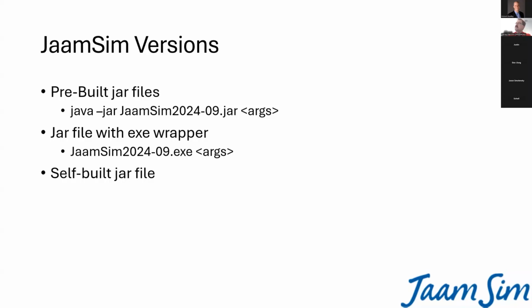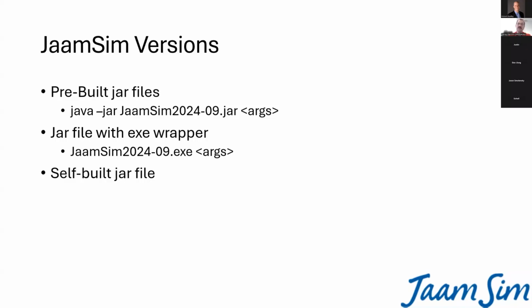And this kind of leads in some ways to how JaamSim is delivered at the moment, where we deliver an all-in-one pre-built jar file that you can run with your version of Java that's installed, or we provide an executable wrapper that effectively does the work of looking up where your Java is installed and runs it in there. It is not particularly convenient at the moment to add your own custom code to the pre-built downloaded versions of JaamSim. It is possible through some